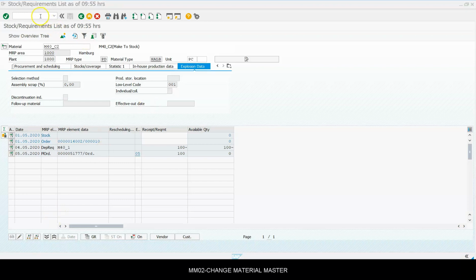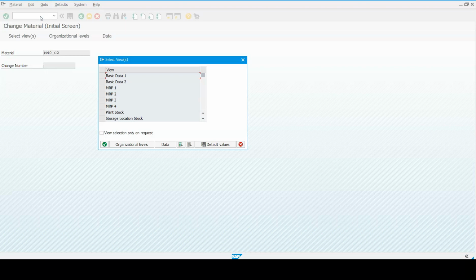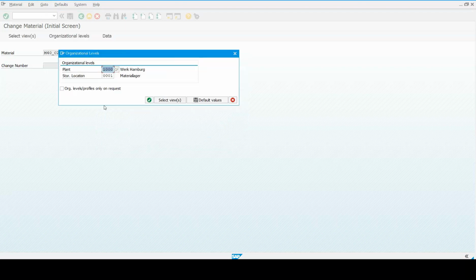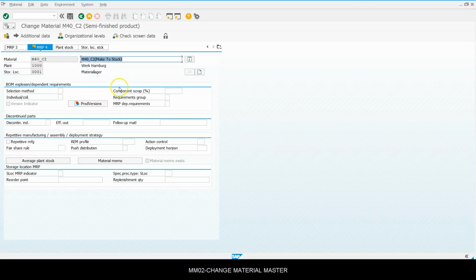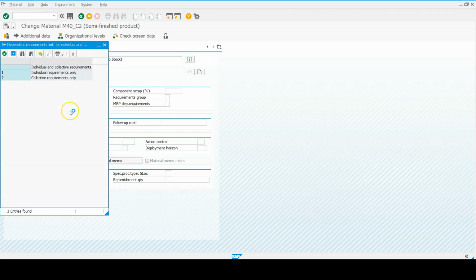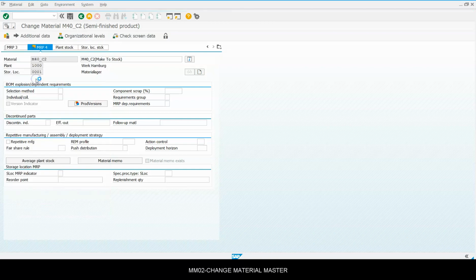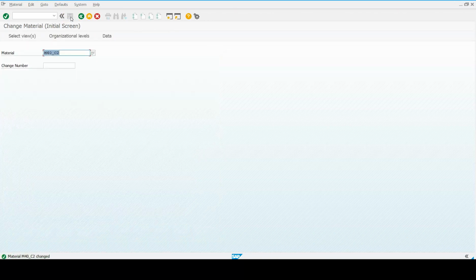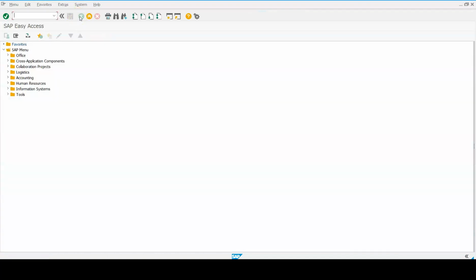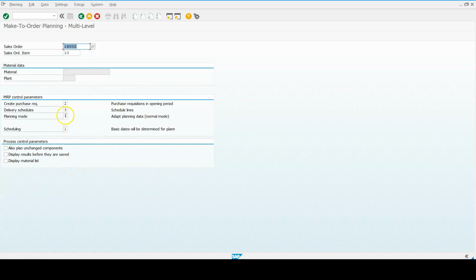Now we will go and change it. I'm going to the material master, MM02 for M40_C2, and go to the MRP4 view. Now set the individual collective indicator here. I'm making it collective requirements. Now we are going to rerun the MRP, so delete and recreate the planning data.